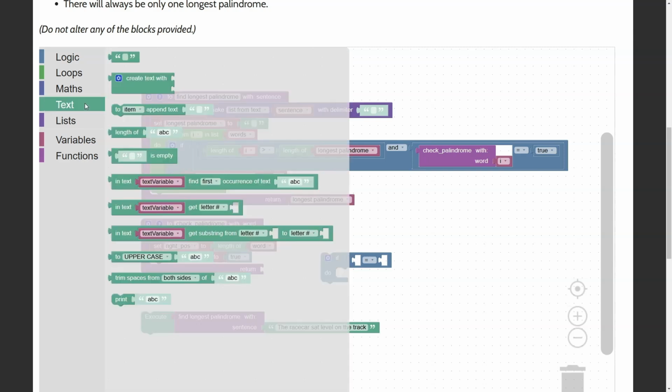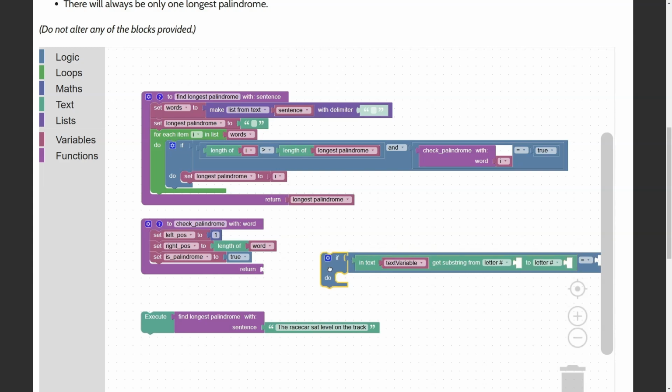Let's check the text tab. You see here, we have this block that says in a given text, get letter number something. So I want to check if in the text word,